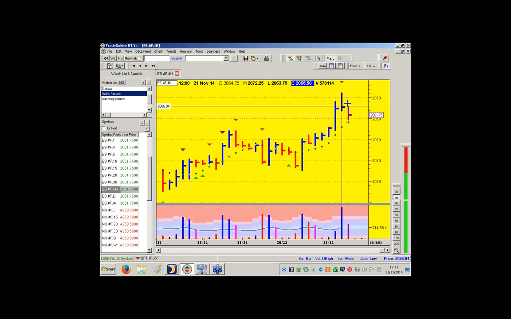Now on that activity, where did it close? Right, there it is. It's closed well off the high, look. And that's what brought that signal up. So there must be weakness there. It can't possibly be anything else. Incidentally, he shorted the Japanese yen, which is also showing a similar type of action here.